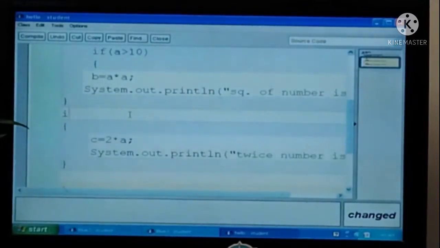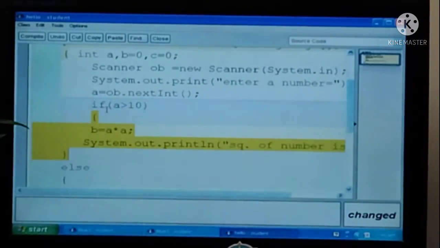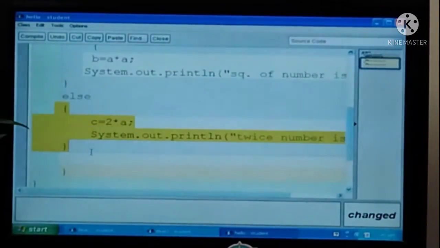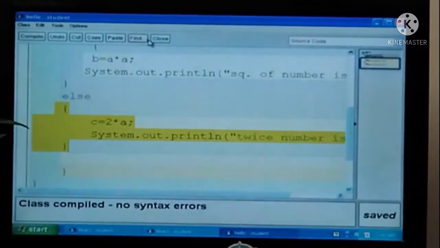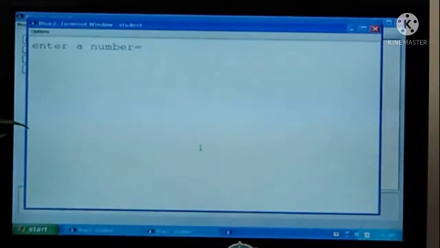So I will make a little change in this, and I will show you the else one. Same program, just write else. If a greater than 10 is true, then this statement gets executed, and if it becomes false, then this block of statements will get executed. This will come in the else part. Just compile it. See, no error. Run it, same program.